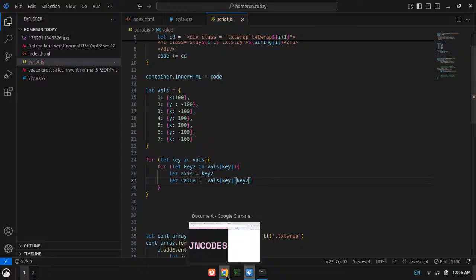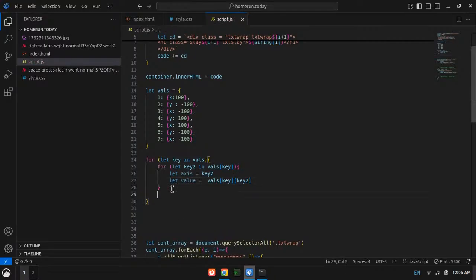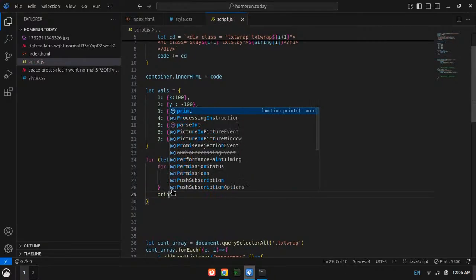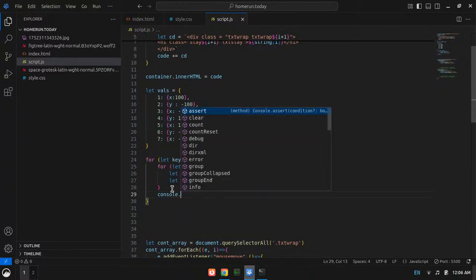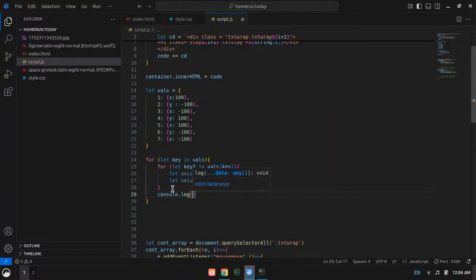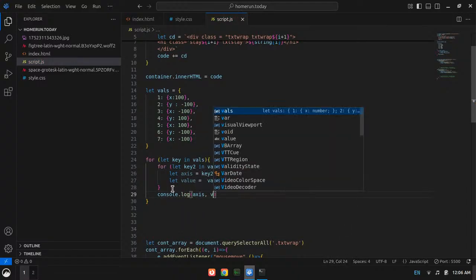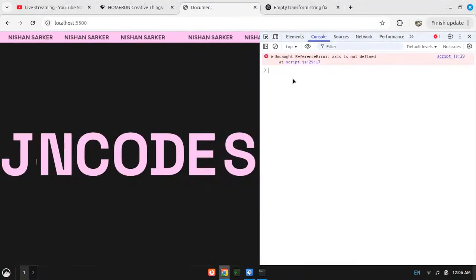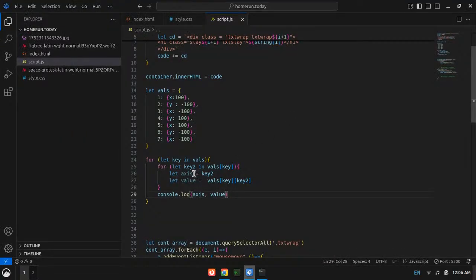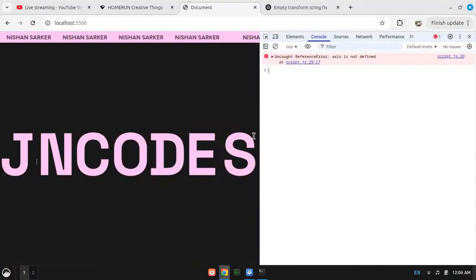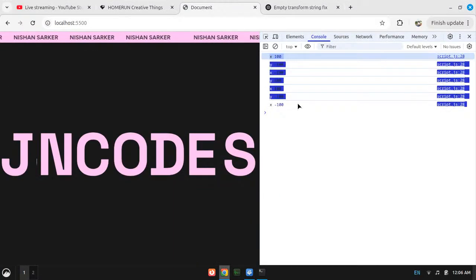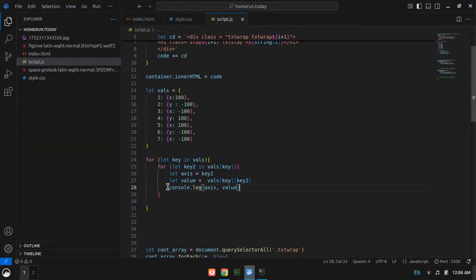It should work perfectly if I print console.log axis and value. Axis is not found. Okay, it's inside that for loop, so I need to access it inside here. Okay, yeah, it works.